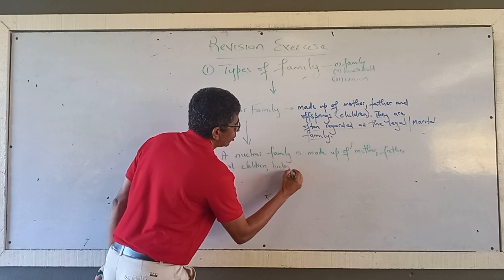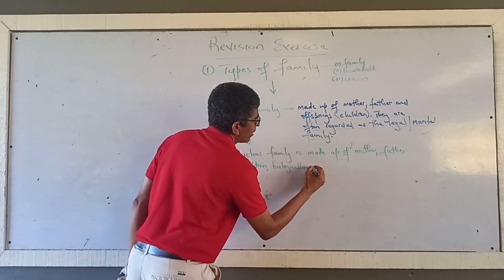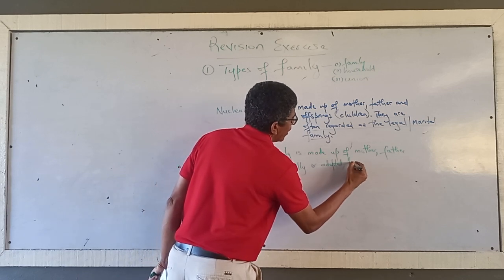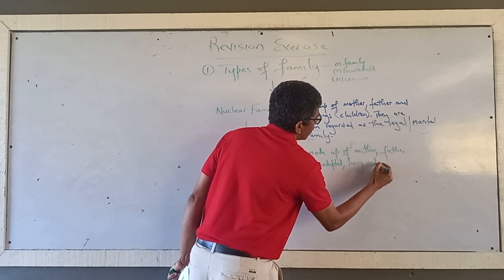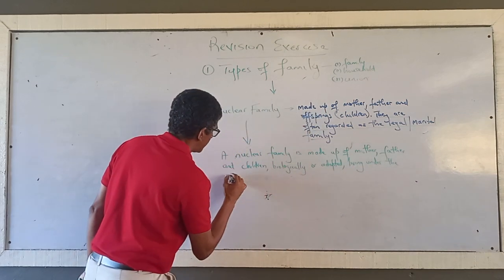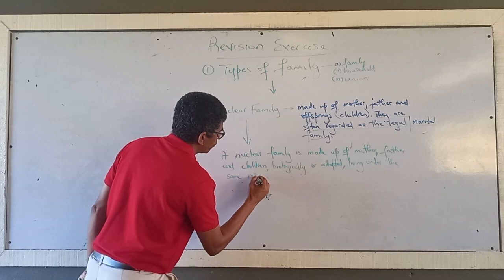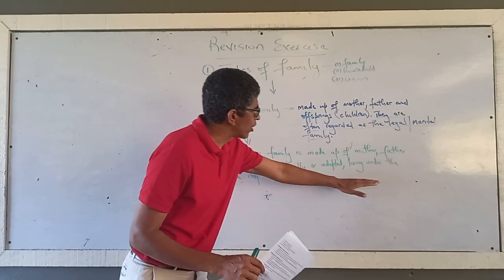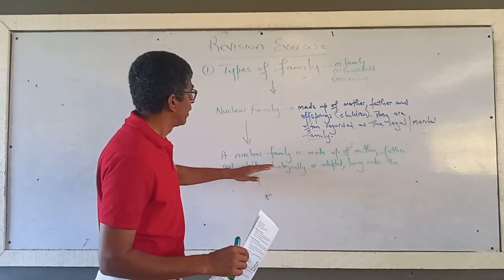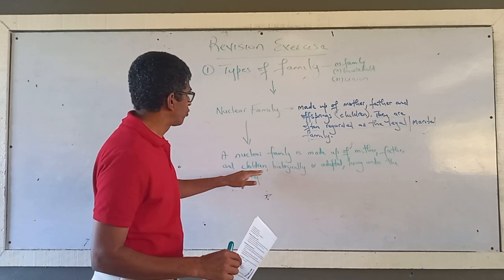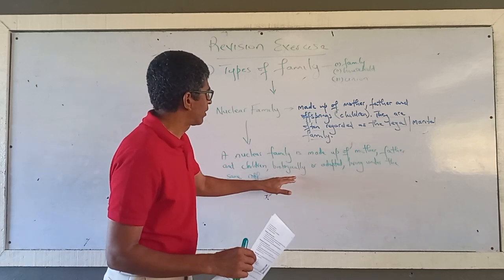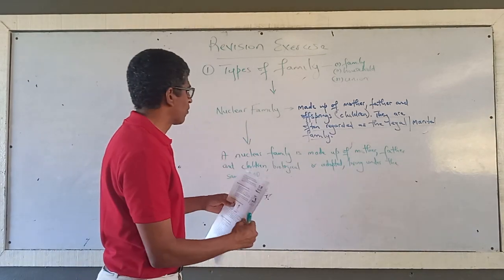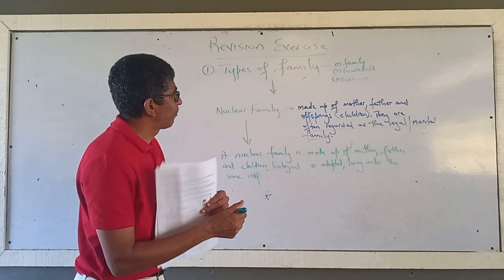Biologically, B-I-O-L-O-G-I-C, biologically or adopted, living under the same roof. So this is one definition, another definition for the nuclear family. Made up of mother, father, and children, biological or adopted, living under the same roof. This phrase